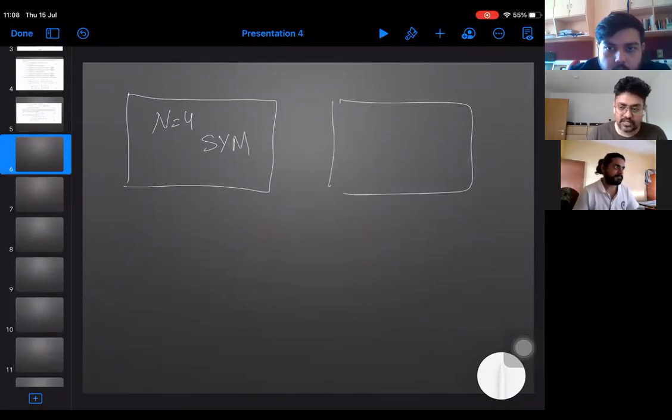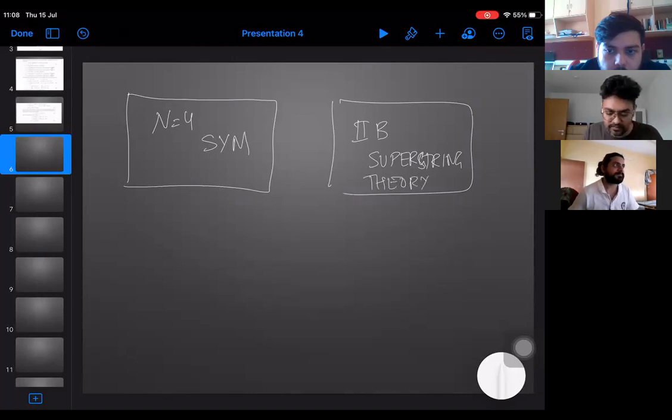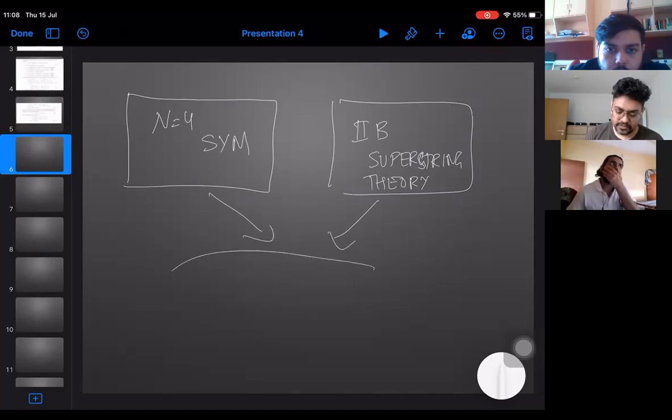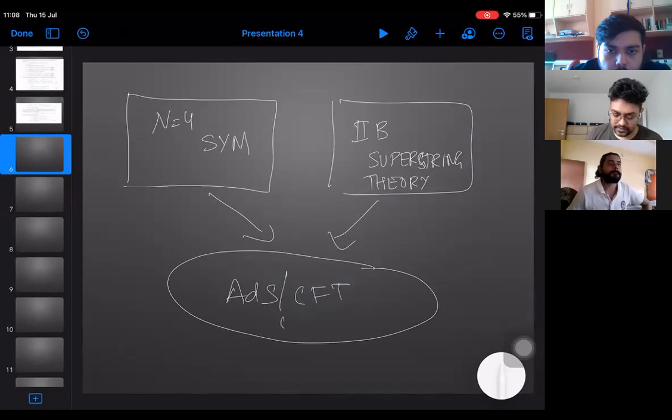From the field theory side and also from the gravity side, we studied the type 2 superstring theory. After that, we studied the AdS/CFT correspondence or duality, how two theories are related to each other in different aspects. So this was a very brief review of what we did yesterday, basically everything we did for the